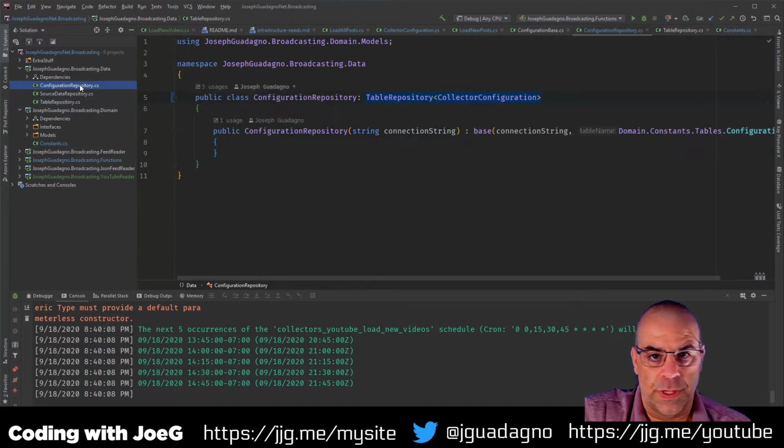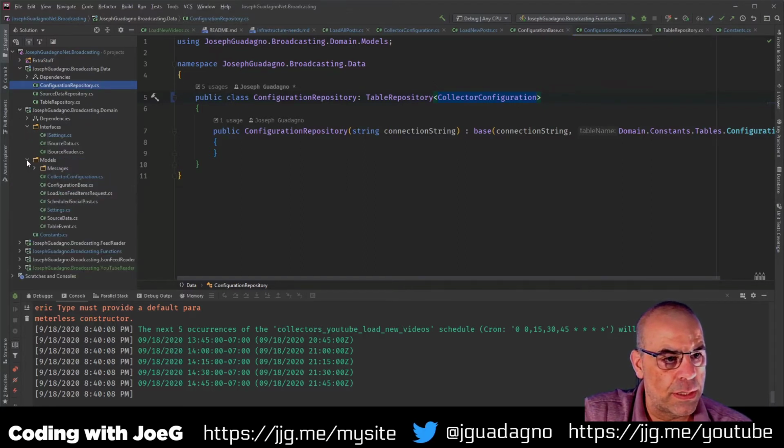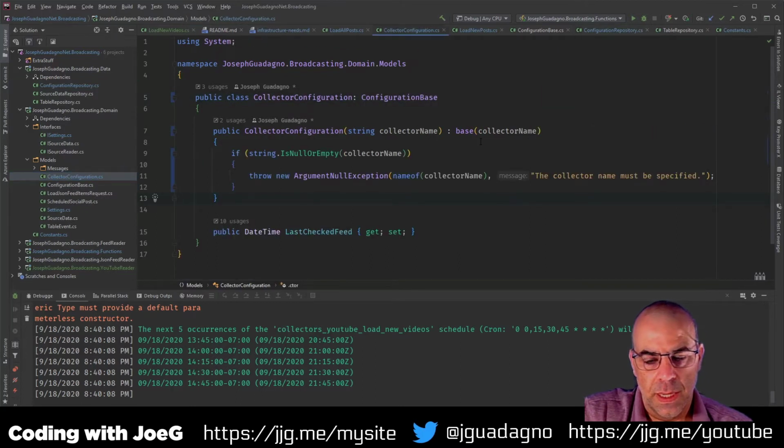So we do the configuration, we inherit it and tell it we want to use the collector configuration, which is outlined here. Now the collector configuration says, give it the display name or the collector name.